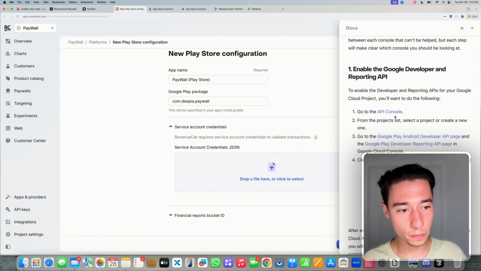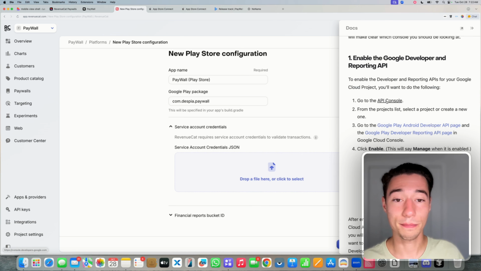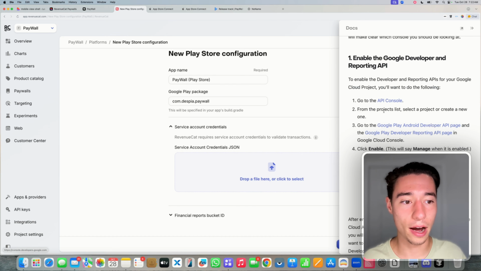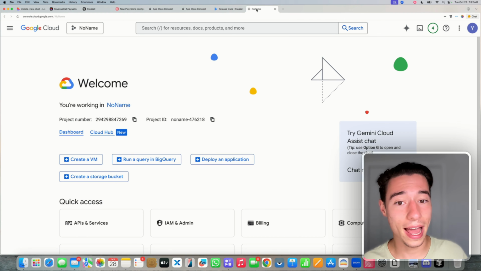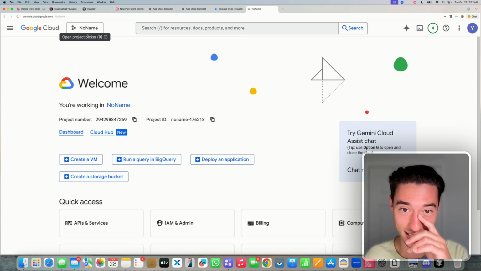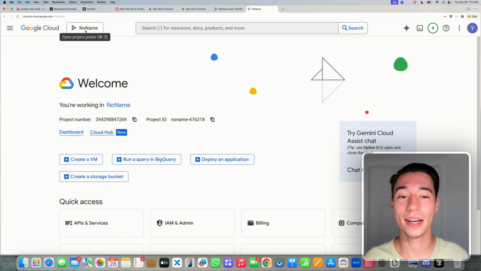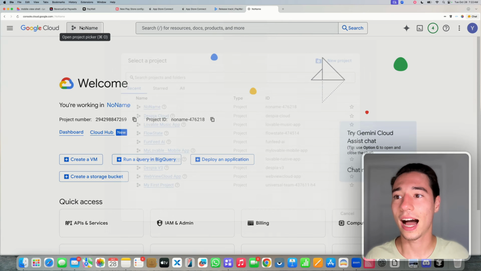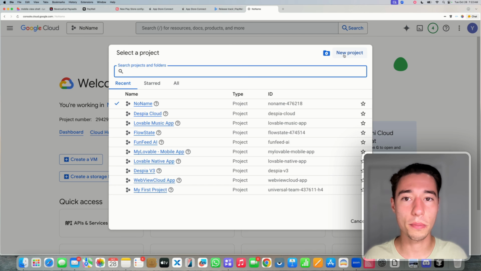We need to go to the API console here with Google Cloud, and we need to, first of all, create a project. So I don't have a project yet for this app. I mean, technically, you would have to have one for the app. Otherwise, how would you be using Despia or log in with Google? But let's assume I don't have one yet. I would go on here. I would create a new project on